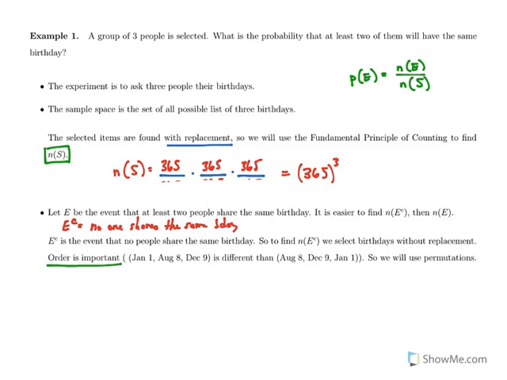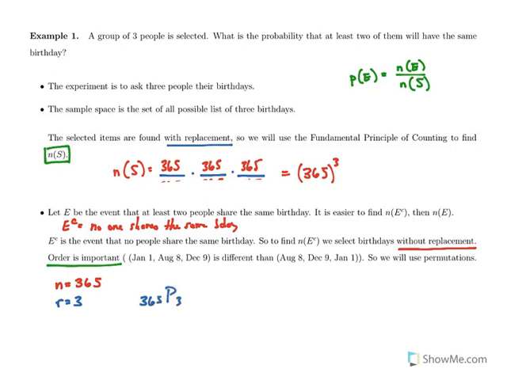So we're going to be using permutations because we have order being important, and we're going to be talking about birthdays without replacement. That is how we could find all the possible trios of birthdays that are all different. So this is going to be a permutation with n equal to 365 total birthdays. And we're going to be choosing 3 of them to put in order. So this is